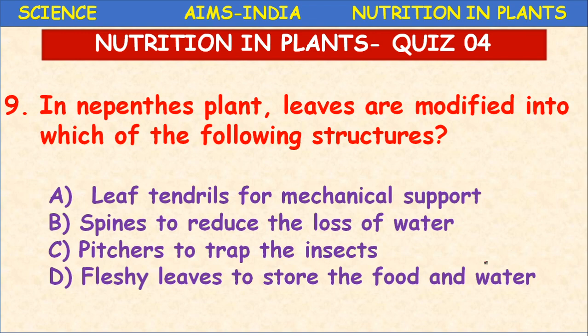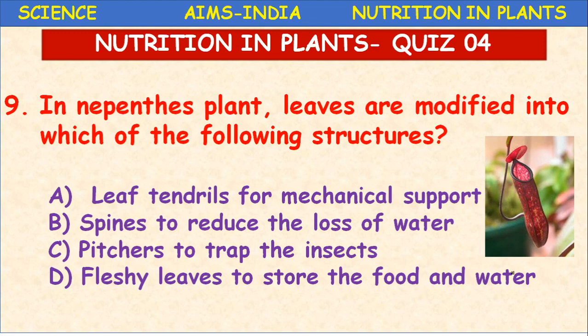Next, pitcher to trap the insects. Yes, this is the correct option. Nepenthes plant is also called pitcher plant, to trap the insects. And the fleshy leaves to store the food and water is also present in the desert plants. See here, this is the